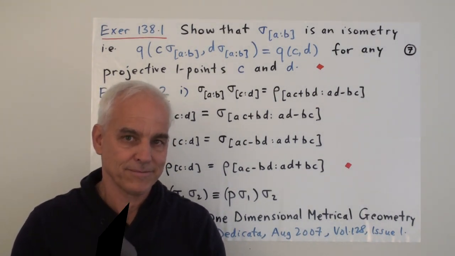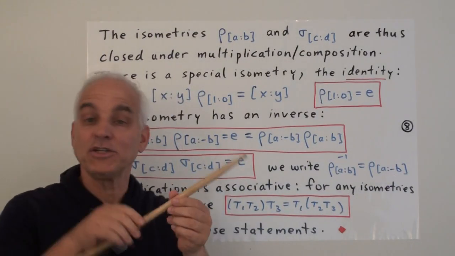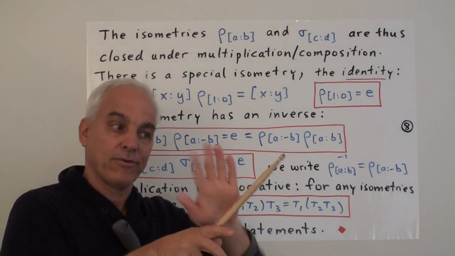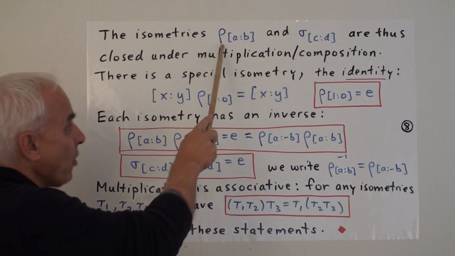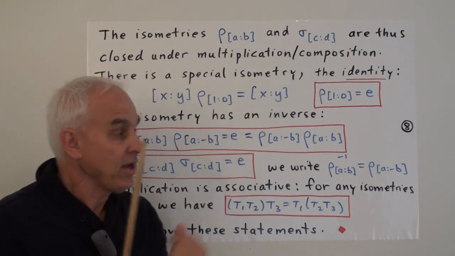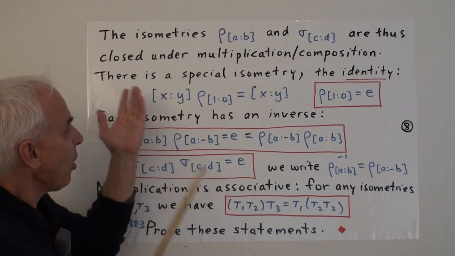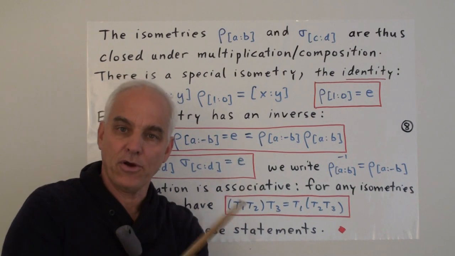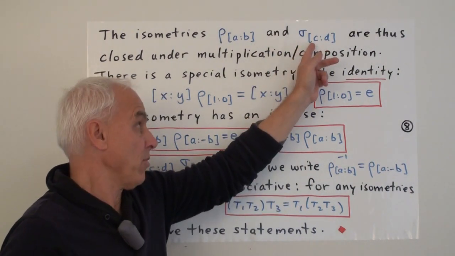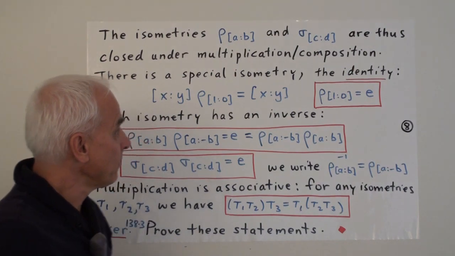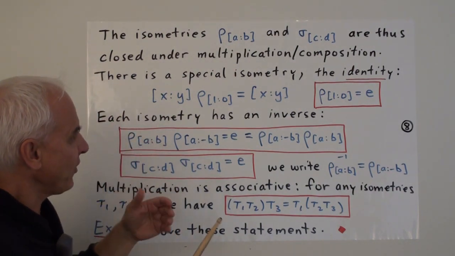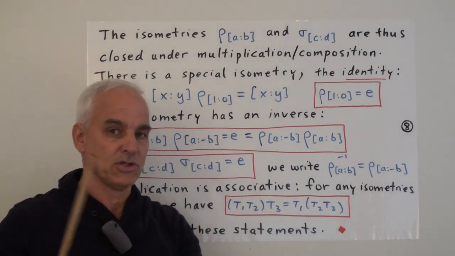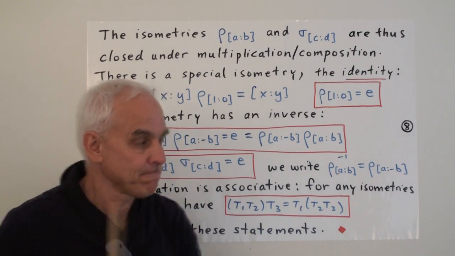So we have this very pleasant situation where our projective line supports both rotations as well as reflections, rhos and sigmas. And we've seen that these things are closed under multiplication or composition. When we combine any two of them, we get another object of the same kind, either one of these or one of those. Now there are some special aspects of this situation which are very important from a structural point of view, associated to this word group in mathematics.